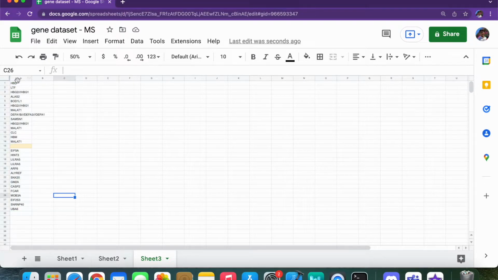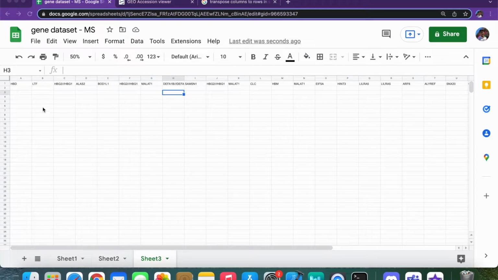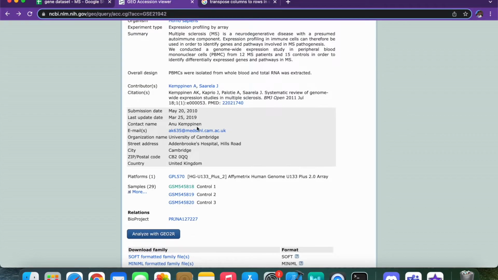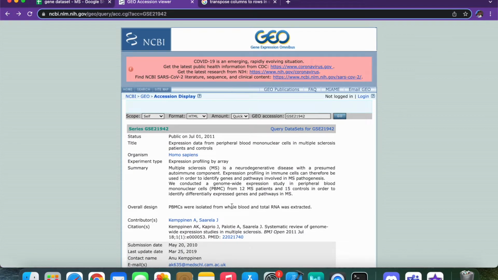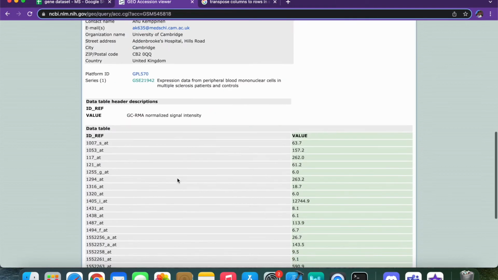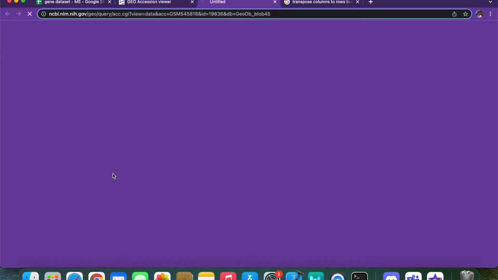But now, what exactly do we do with these genes? Let's take a look. What we want to do is find the values of expression for each of the genes that we had identified and compare them with the other values in the data set. So if we go back to our data set right here in Gene Expression Omnibus, we have 29 samples. 15 of them are control and about 14 of them are MS. So if we click on the control one here, and we go down and say view full table,